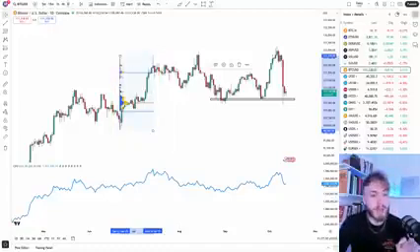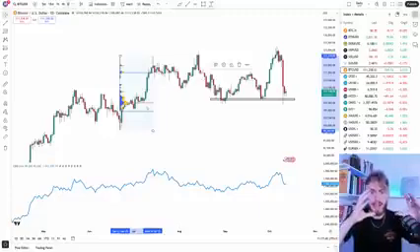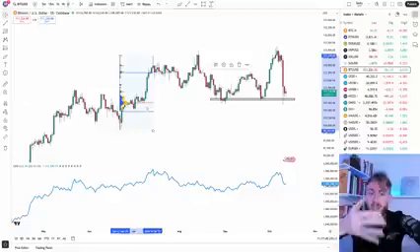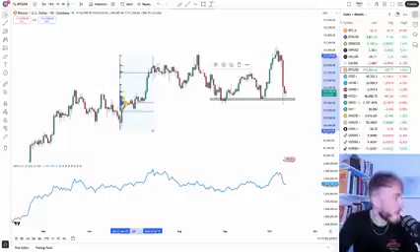Because if we know the volume during this move, you can actually think about looking at this part of the chart almost like a volume footprint, right? Instead of looking at one candle, you get the volume for the whole period. And one interesting thing we can notice